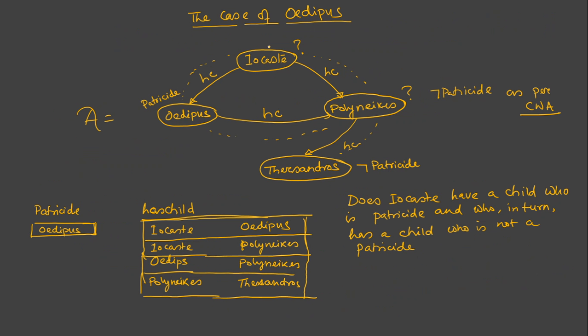So here what we will be doing, we will be taking a very methodological approach, right? Here we see that there are two nodes in this graph which are marked with a question mark. We assume that any individual may either belong to patricide or not belong to patricide, and that is a valid assumption, right? So the first thing that we are assuming is that an individual